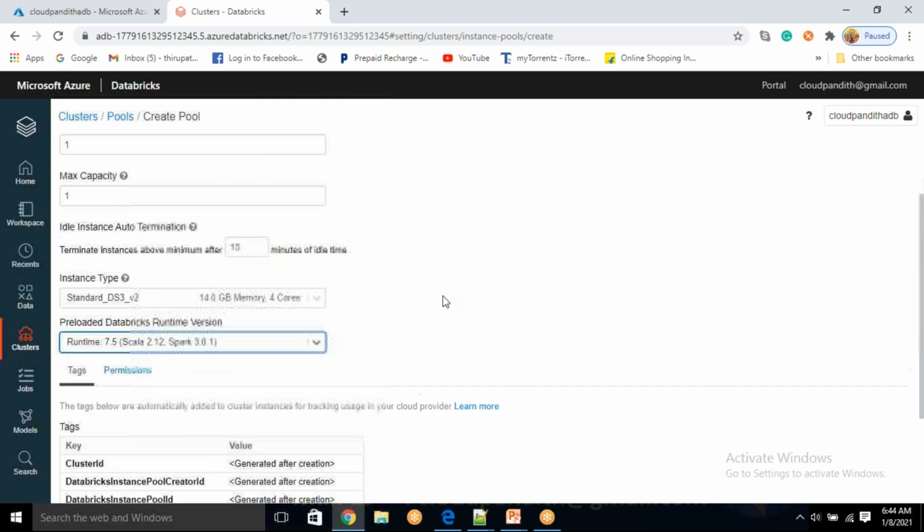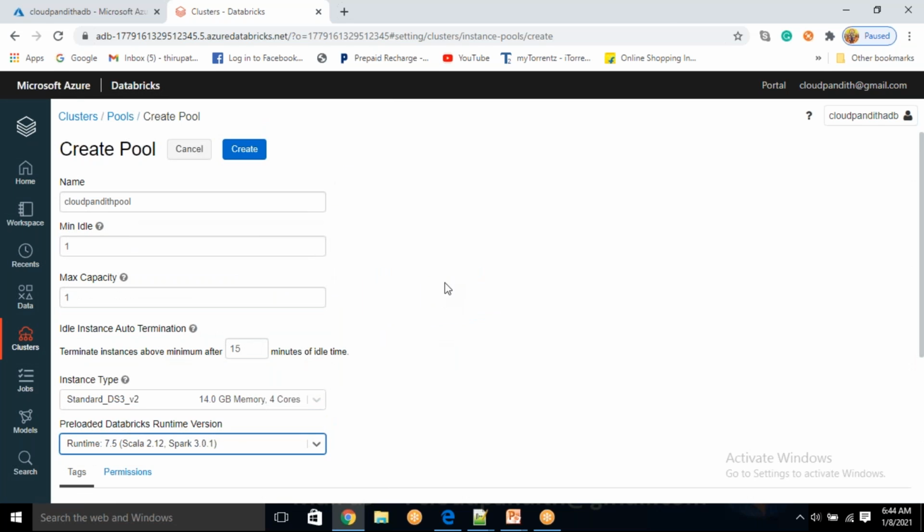Yeah, tell me, somebody is asking. Yeah, Malaya. You selected the standard instance type with 14 GB memory and 4 cores. So how do we come to a conclusion that we need this much memory to process our data? You will not come to know now. You need to wait up to about 60 sessions. There we are going to discuss how you decide, which is based on your data.